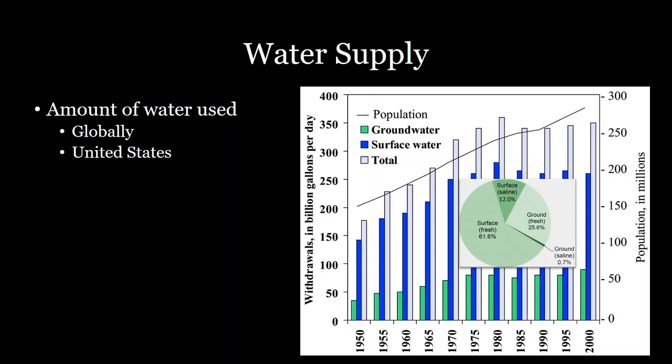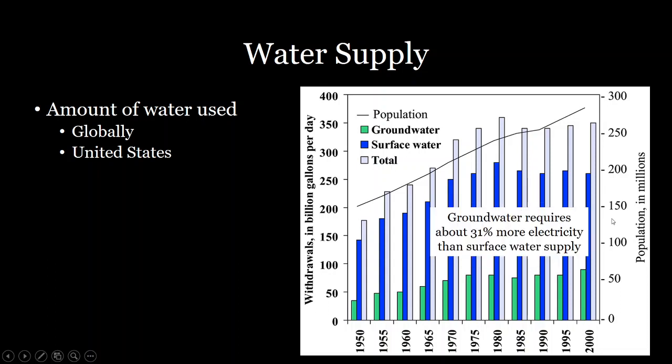Usually this is used in areas for industrial use, such as cooling power plants or for mining, that don't care as much that the water is saline, as well as some small amount that we pump salt water for industrial use as well. And so this combination of fresh water, groundwater, and saline water that can be desalinated and go through a desalination plant to make fresh water is how we get our water.